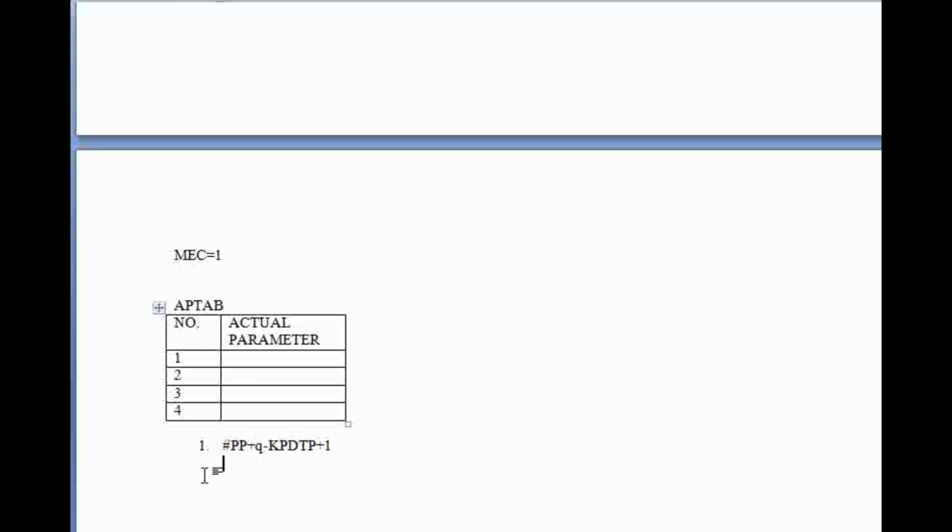So for OP, if I want to place the value of MULT in our APTAB, which is the default value for OP, #PP is 2 from our MNT, Q is 1 from our keyword parameter default table, KPDTP is 1 which is coming from our MNT, plus 1.